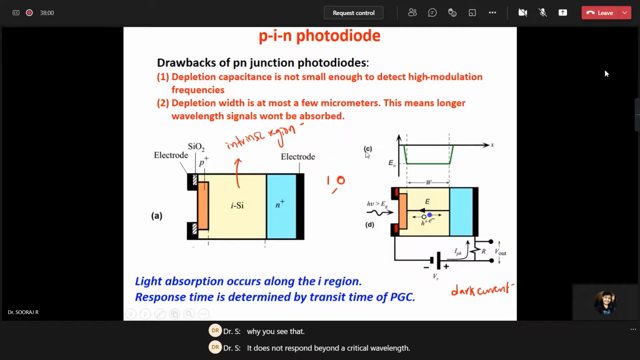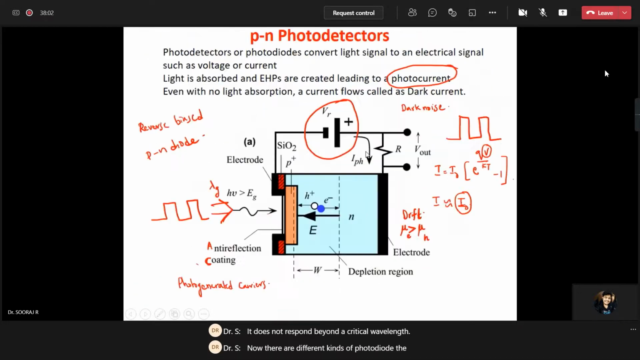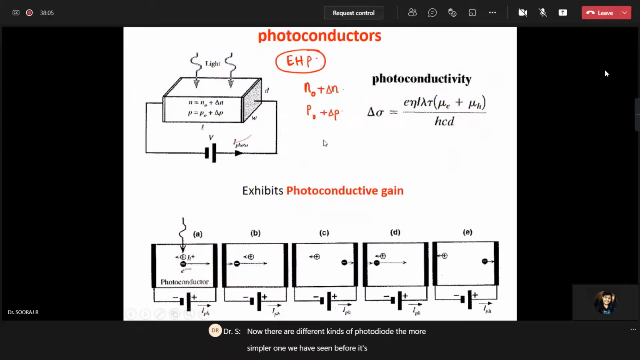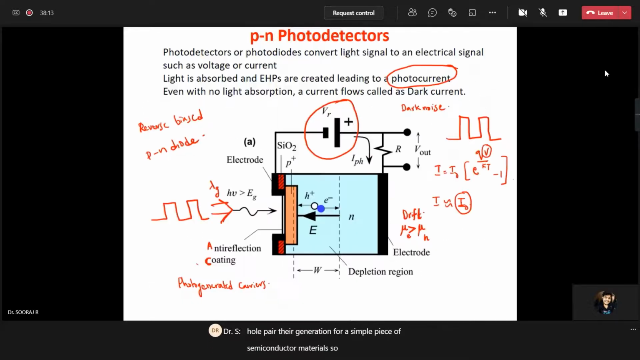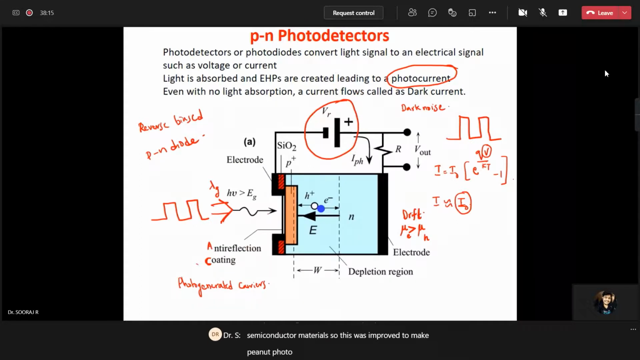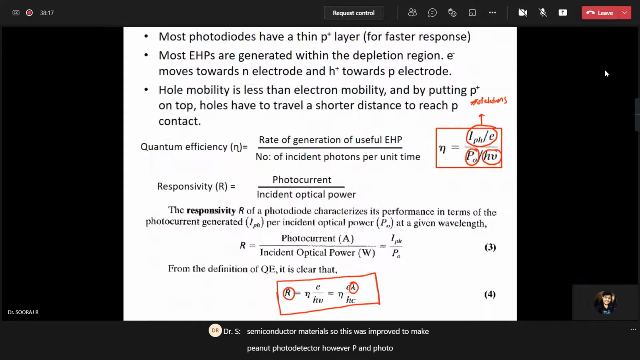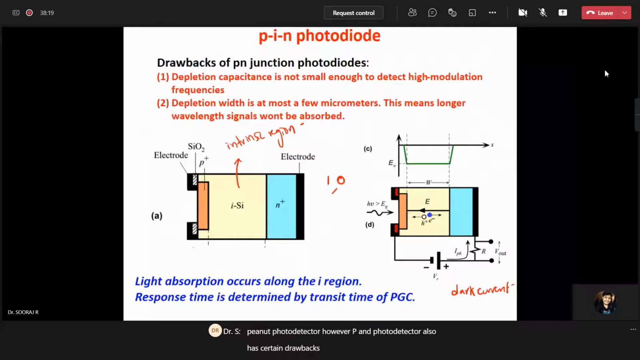Now there are different kinds of photodiode. The simplest one we have seen before is called a photoconductor, which works on the principle of electron hole pair generation in a simple piece of semiconductor material. So this was improved to make the PN photodetector. However, the PN photodetector also has certain drawbacks. The drawback is that if you want to detect signals with very